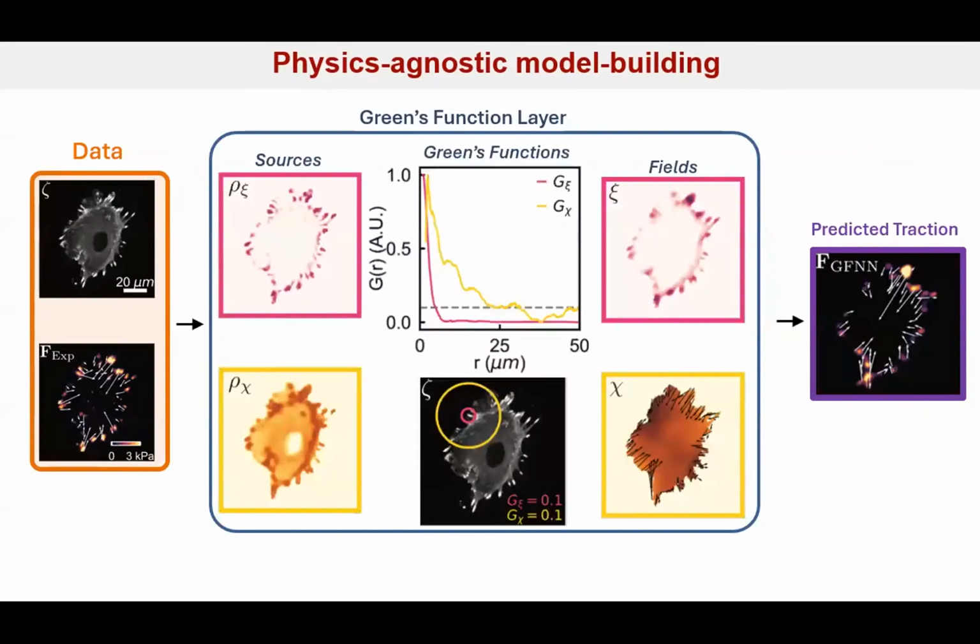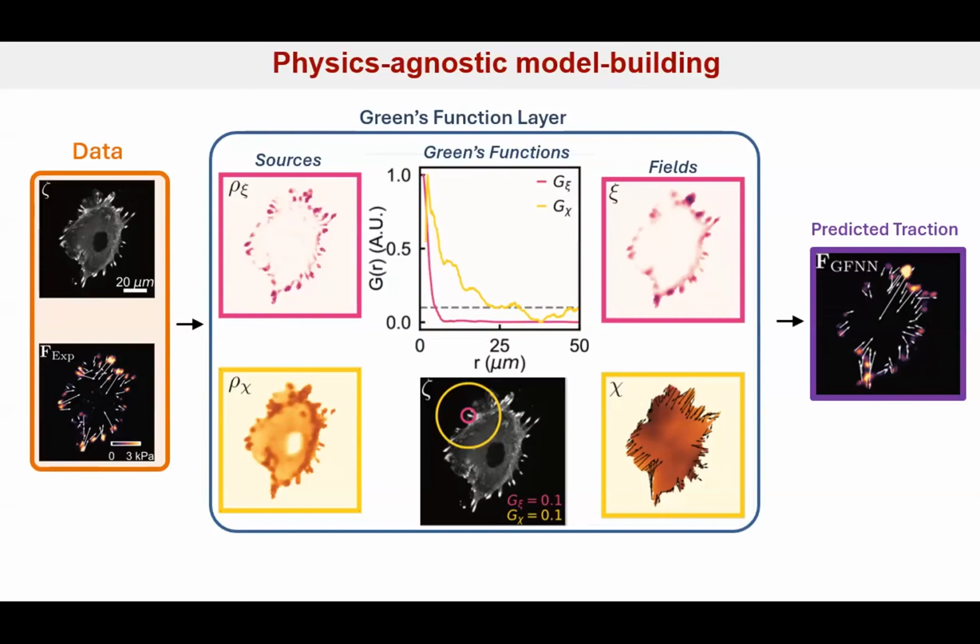And so here, as we're training the neural network, we can put in a Green's function layer that learns the nature of the Green's function. In this case, we found that we could semi-accurately repredict the traction forces with two different Green's functions, the yellow and pink. The yellow one is a little bit long range, sort of smells like elasticity. The pink one is very localized, sort of smells like a localized adhesion, right? And so then we can learn where the sources are of those two Green's functions and their contribution to the overall